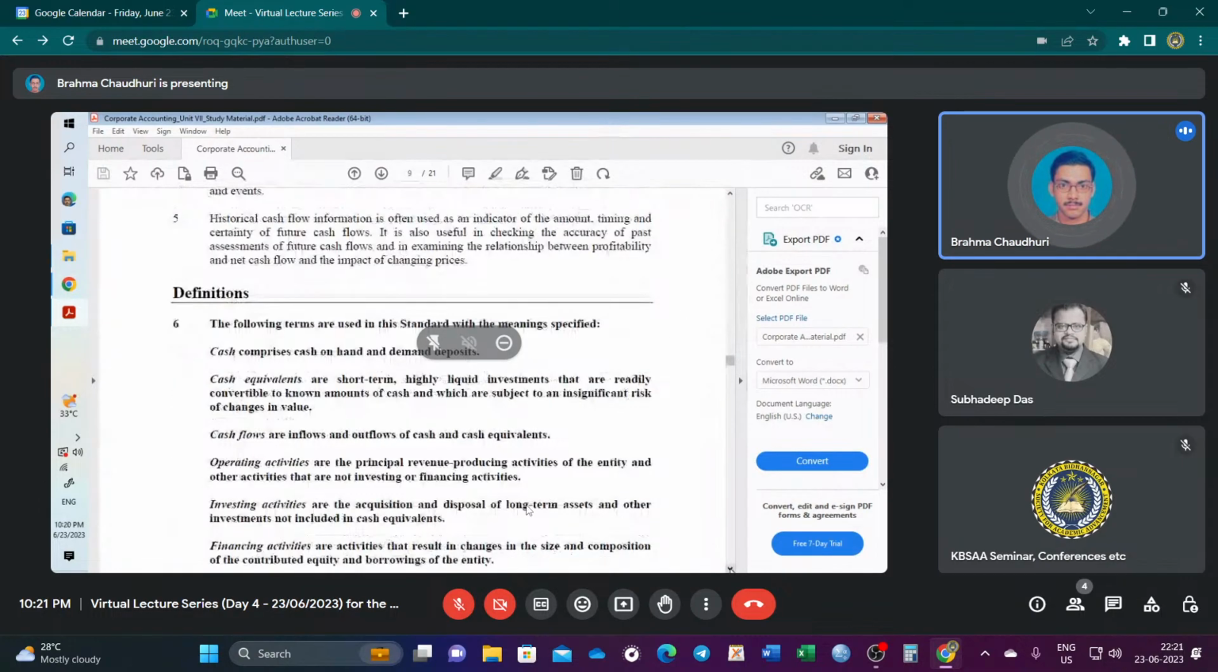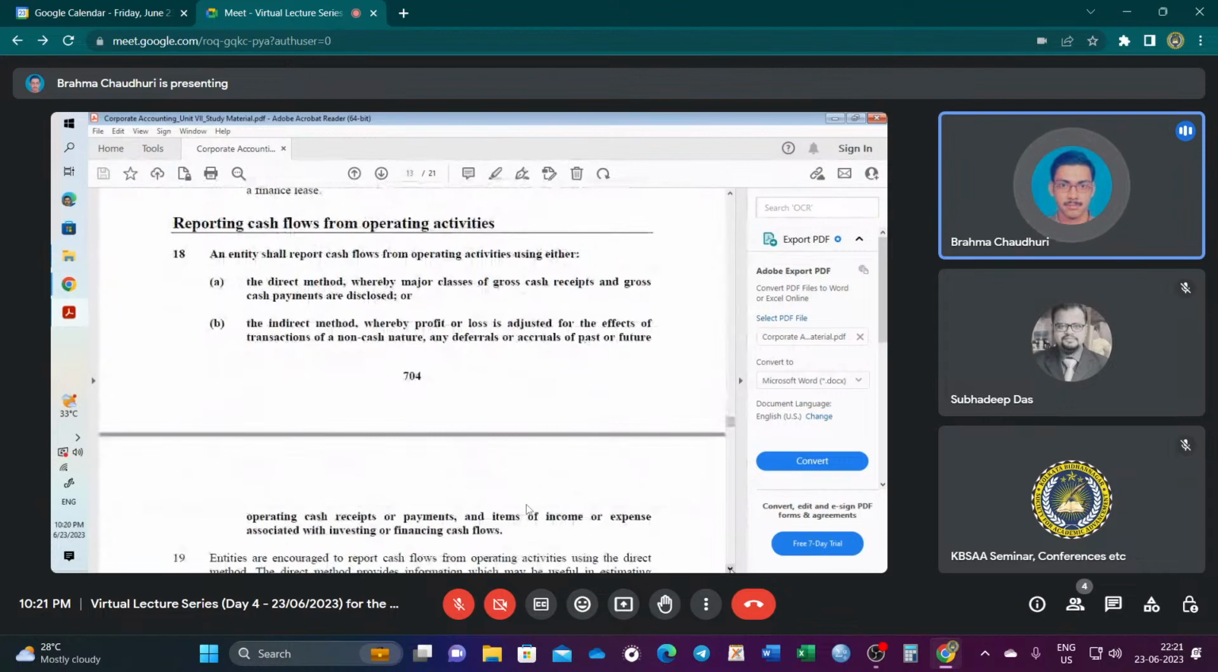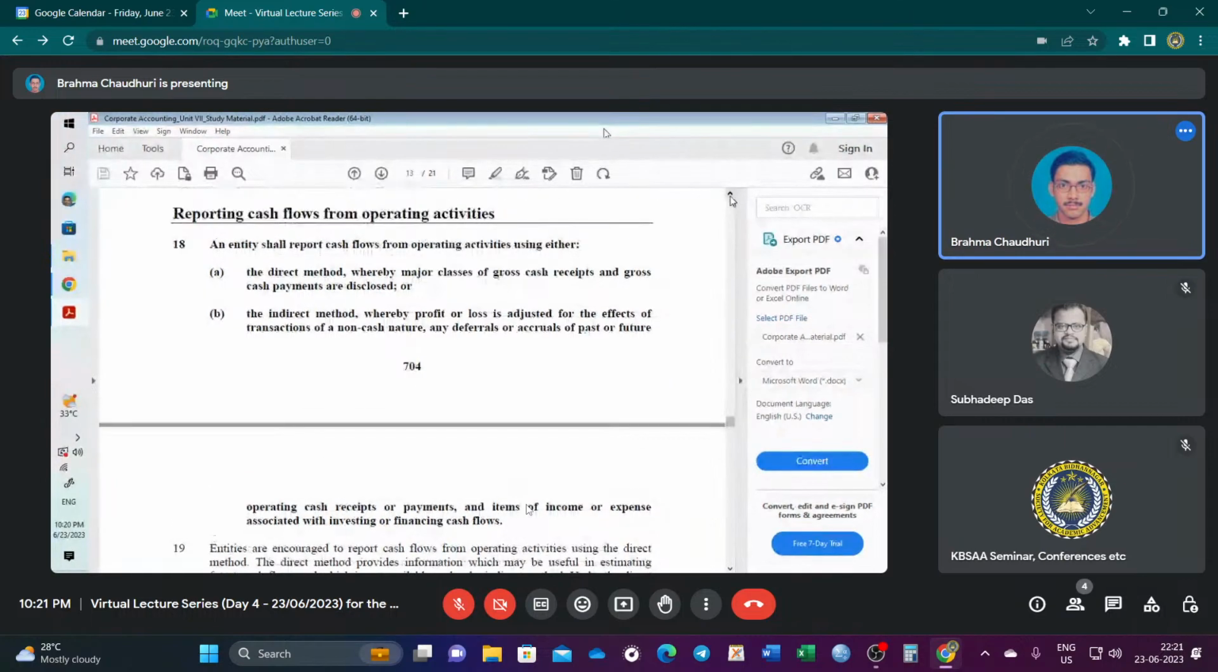And one more thing, that is the disclosure requirement as per Ind AS 7. Reporting cash flows from operating activities. Ind AS 7 para 18 states that an entity shall report cash flows from operating activities using either the direct method, whereby major classes of gross cash receipts and gross cash payments are disclosed, or the indirect method, whereby profit or loss is adjusted for the effects of transactions of a non-cash nature, any deferrals or accruals of past or future operating cash receipts or payments, and items of income or expense associated with investing or financing cash